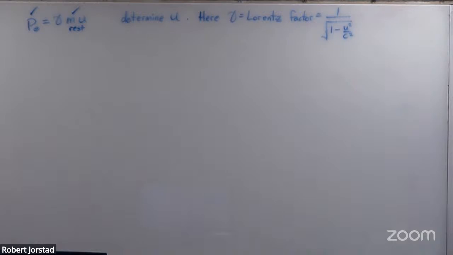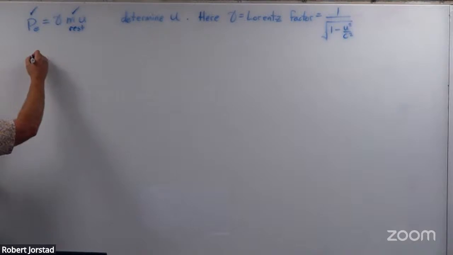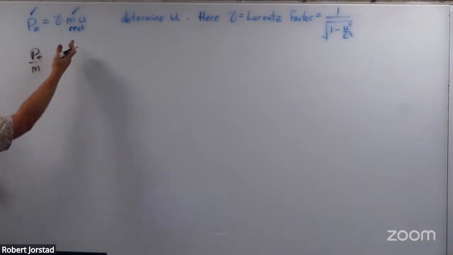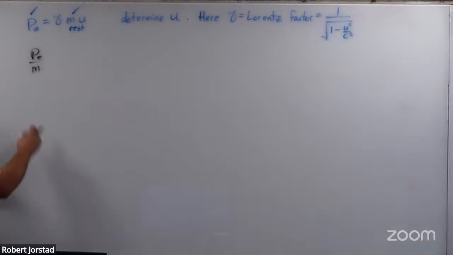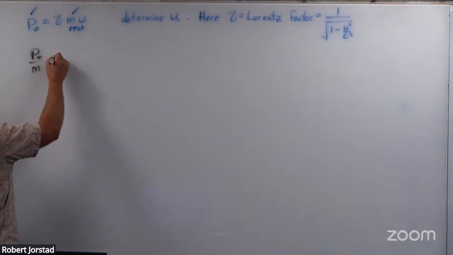I'm going to pause here. 3, 2, 1. Here comes the answer. Last chance to pause the video. Over. All right, and so I'm going to divide by that rest mass, get all our knowns over here. And I'm not going to write rest, okay? I'm just going to write M, and you're supposed to know that this is the rest mass because I don't want to write rest a billion times, okay? So this is equal to